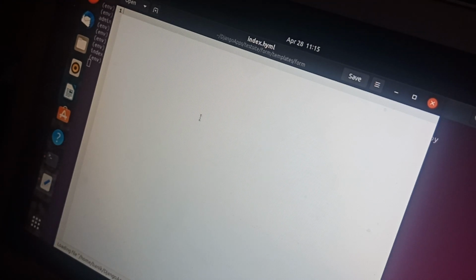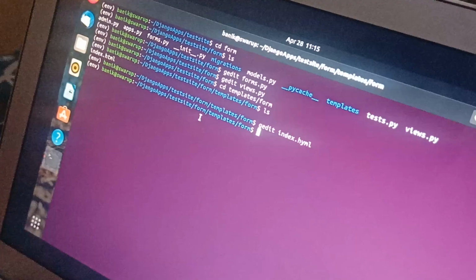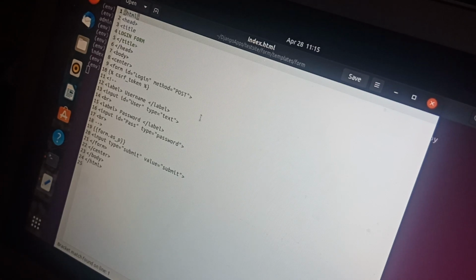So here we have to write exactly the HTML head, login form. This is the HTML file, and this is how our form will look after saving it. The login form will be created here, with the head and the body centered.